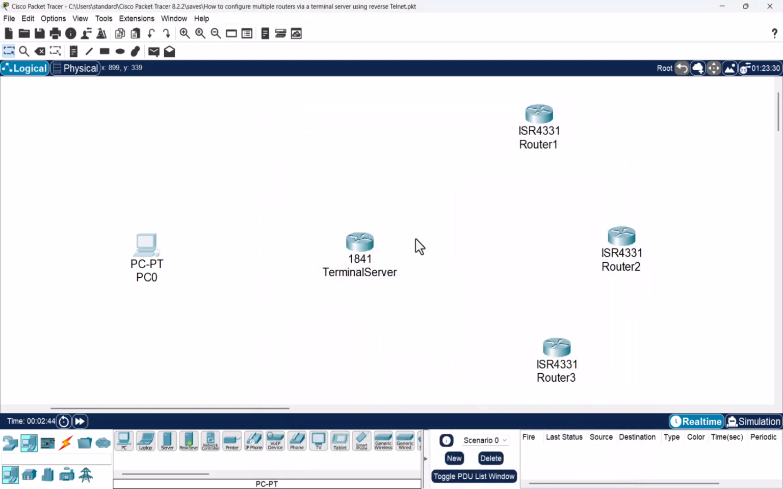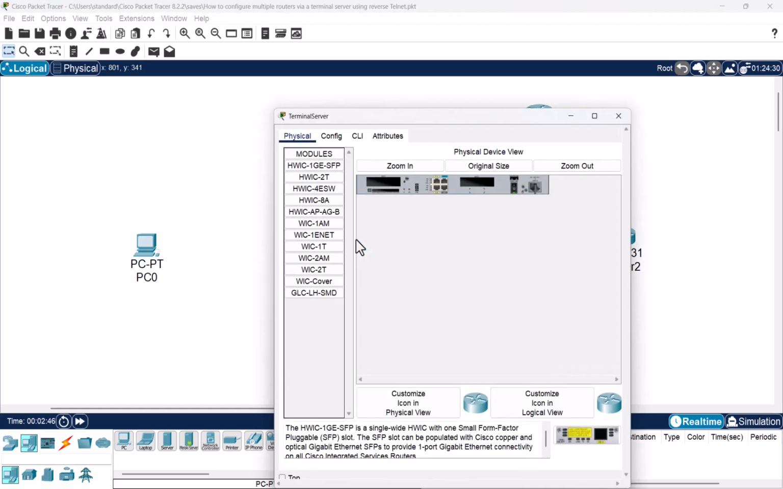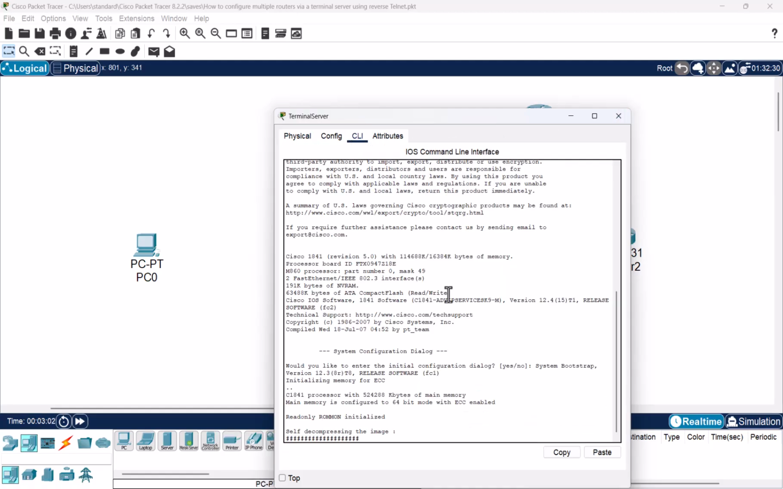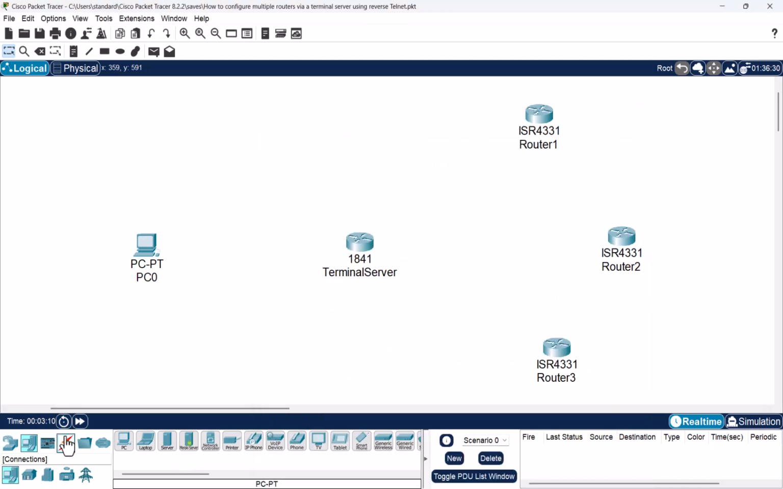And next I'm going to double click the terminal server, power it down, and then I am going to click and drag the HWIC-8A module and then power the device back on. Navigate to the CLI of our terminal server, and while it's doing that, we can actually deploy our network media